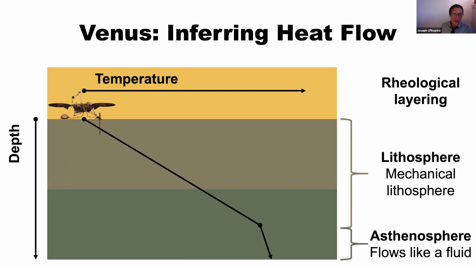So one way you could measure this just directly, which would be sort of the gold standard measurement, would be to sink a probe into the surface and measure how the temperature varies with depth. This is what InSight's trying to do, but they're having a hard time getting the mole to actually penetrate the weird rocks that they found at the very top of the surface. So hashtag save the mole, but it's way harder to do on Venus than Mars. So we might be waiting a while for this sort of experiment.